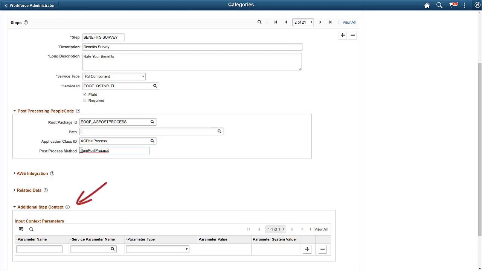In the additional step context, let's add the questionnaire category and the questionnaire code we created earlier.